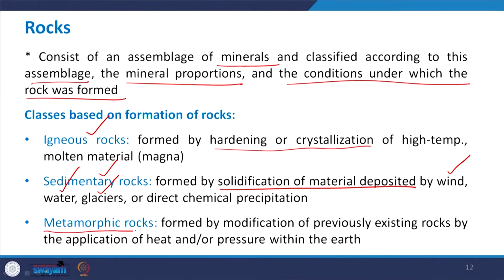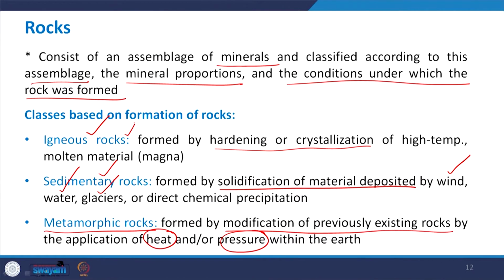Coming to the third category, which is the metamorphic rock. This is formed by modification of previously existing rock by the application of either heat or pressure or both within the earth. Okay. So, once again, igneous rocks, molten material erupts, it cools down and then hardens, crystallization takes place,